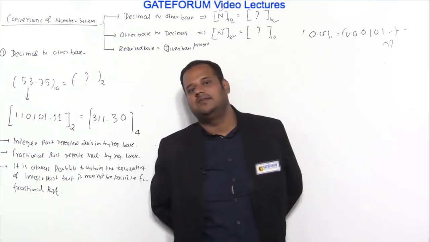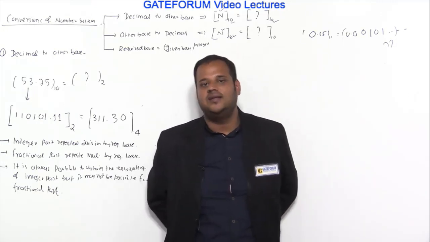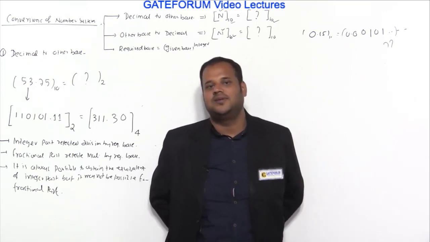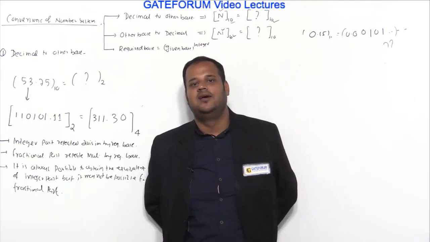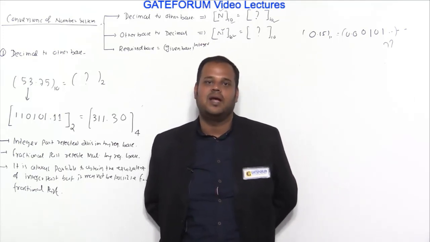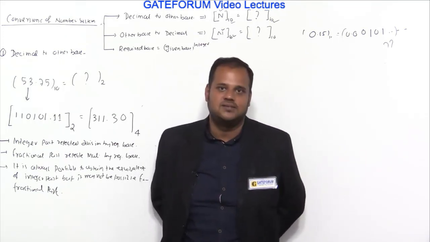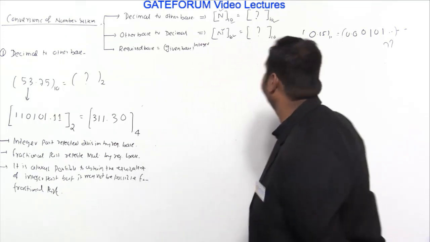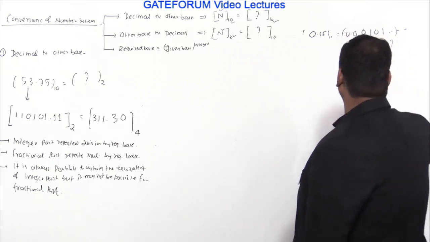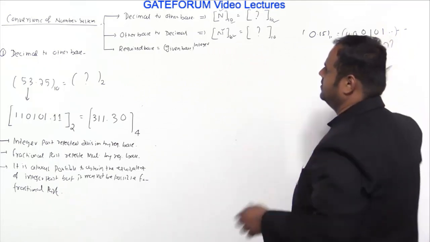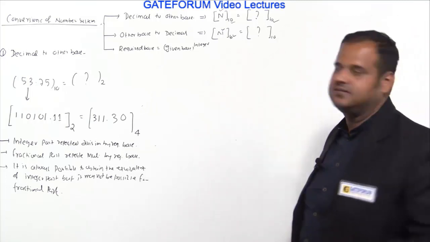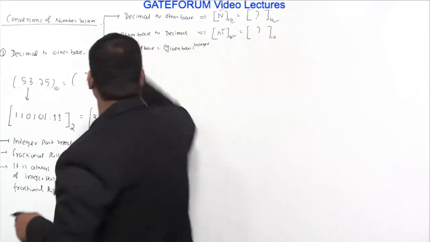If you know how to convert one base to another base using calculators, you take a fraction, it will not take, it will show the math error. Why is that? Because when you do the algorithm, your algorithm itself is not efficient enough to tell whether you can get an exact answer or you cannot. That's why the calculators are not programmed to handle this fractional part, because of that possibility. So I think this is clear, right? This is a big question mark because with the non-ending series, we don't know when it will terminate. So we cannot get the exact binary equivalent of this. So the first variety we have completed.